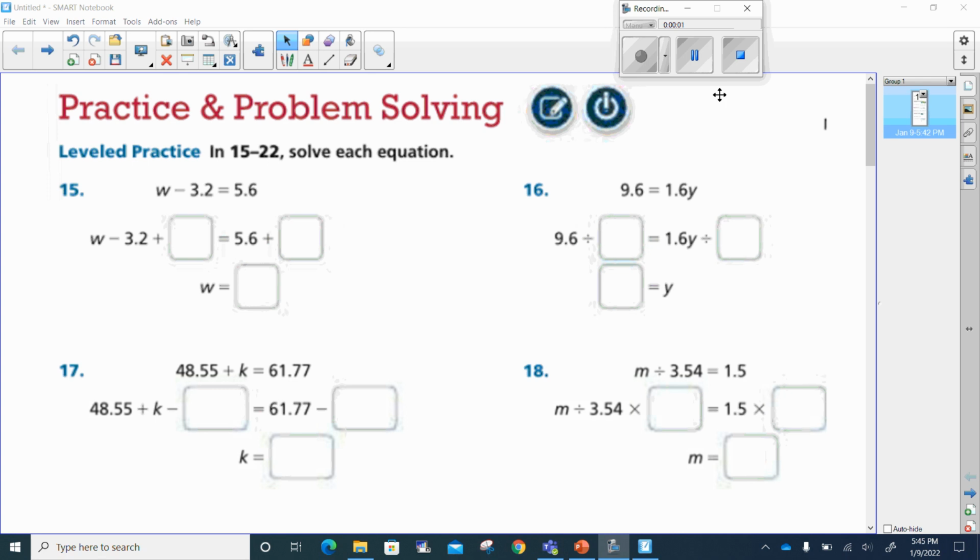All right, welcome back, sixth graders. Let's go ahead and get this homework going. We're going to start off with your code word this time instead of waiting till the end. How about that? Your code word for tonight is going to be